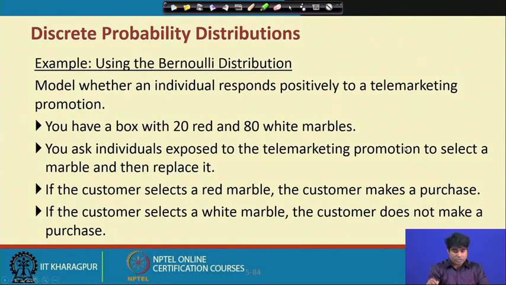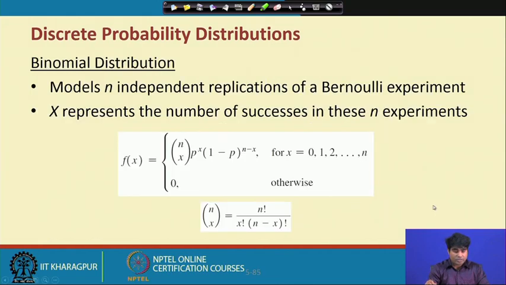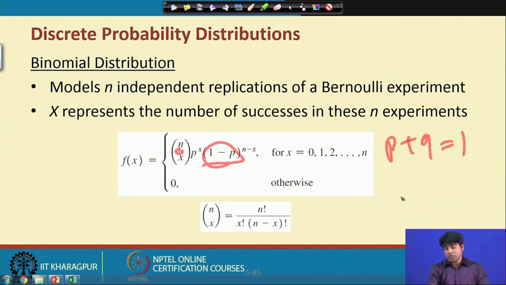These are all cited examples which will be connected with Bernoulli distribution, and I am not going into details, but I am directly coming to the binomial distribution structure, where the particular structure is followed by nCx p^x (1 minus p)^(n minus x). Here the C is missing, but it is actually nCx. Then 1 minus p is nothing but called q, and p plus q is exactly equal to 1. So p is the probability of success and q is the probability of failure. Then the distribution will follow like this: x follows a binomial distribution.